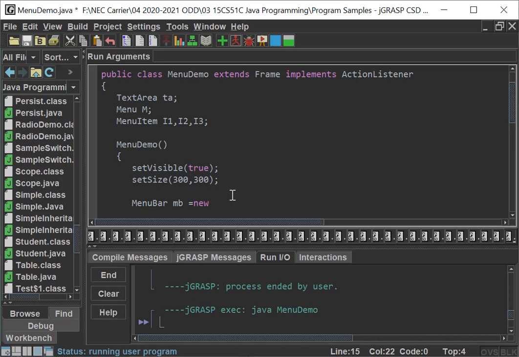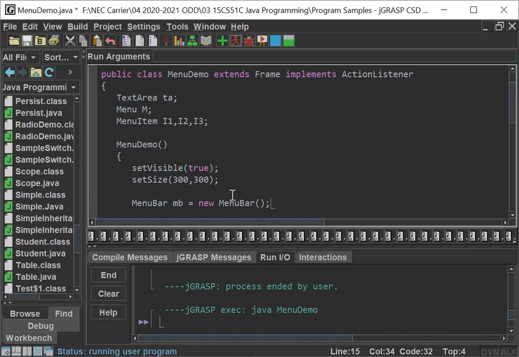Whenever you are going to create a component in the container classes, you have to create an object for that particular class. So in order to create the menu bar component, I have to create the object for the MenuBar class. That's the thing I have done here.